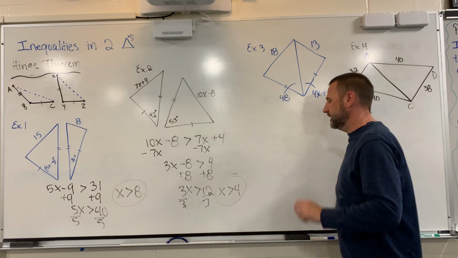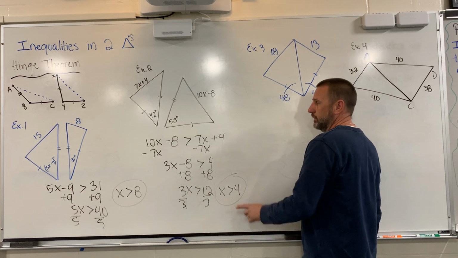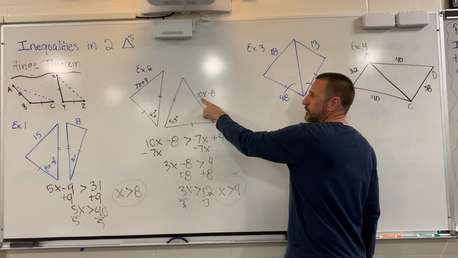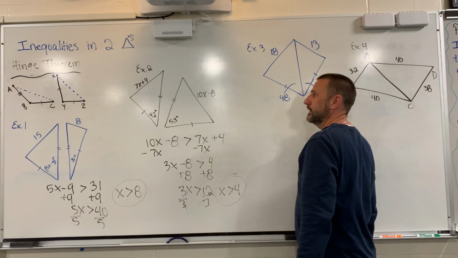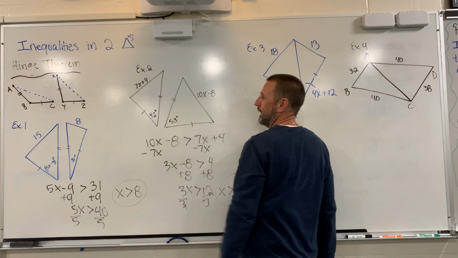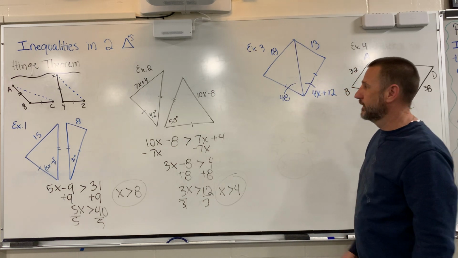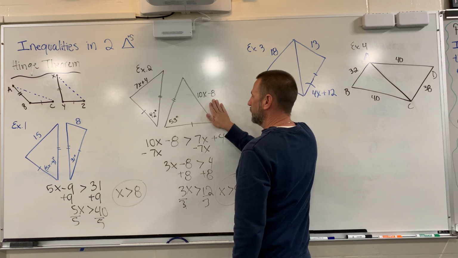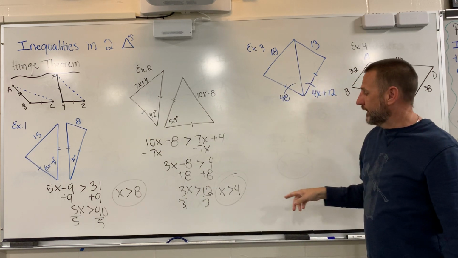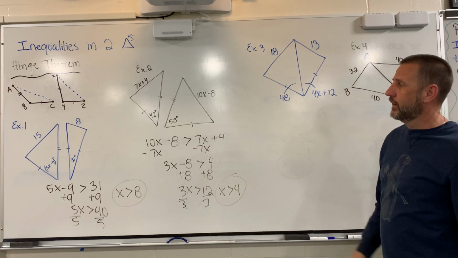So again, like I said before, pick something easy and figure it out. So let me pick, I don't know, the next number after 4, 5. 10 times 5 is 50. 50 minus 8 would be 42. On the flip side, 7 times 5 is 35. 35 plus 4 is 39. Is 42 greater than 39? Yes, so it's true. If I picked a number less than 4, or the number 4, I would start getting